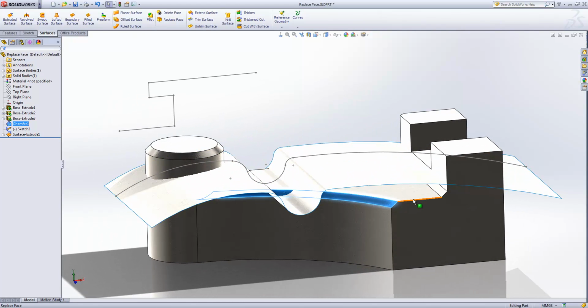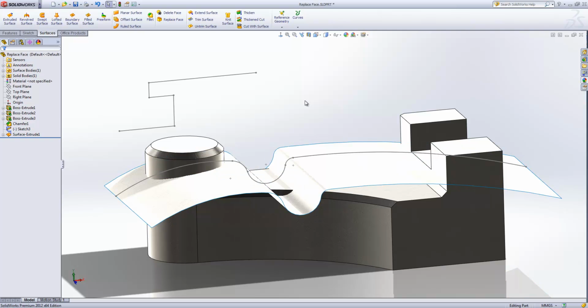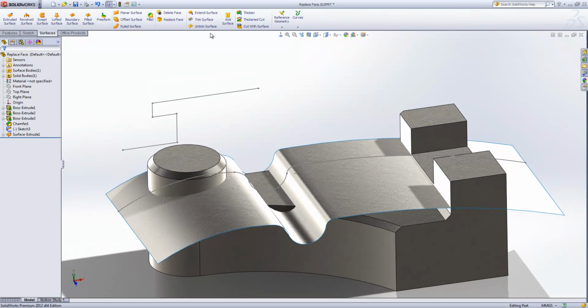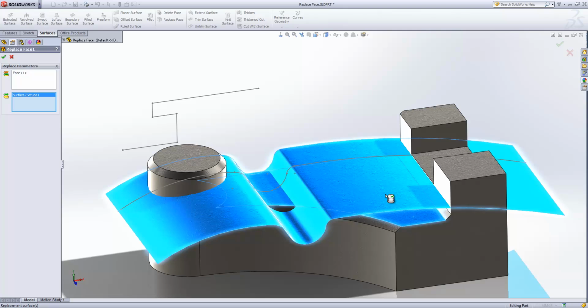And I'm going to replace this top face with this surface that I've created. So from my surfacing toolbar I'm going to use the Replace Face tool. It's fairly simple to set up. All we do is we select in the top box the faces that we want to replace, and in this bottom box the items we want to replace them with. And if I just hit the tick now,